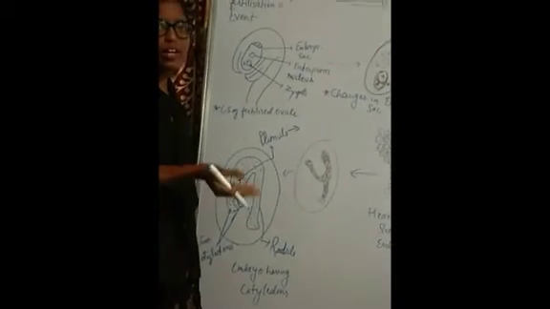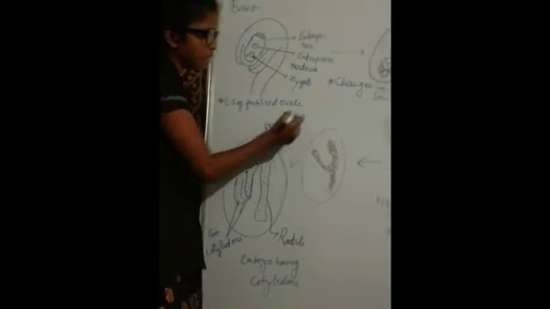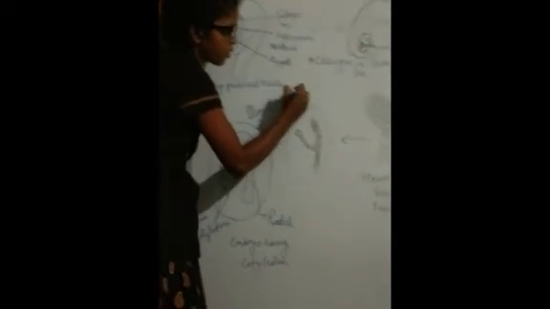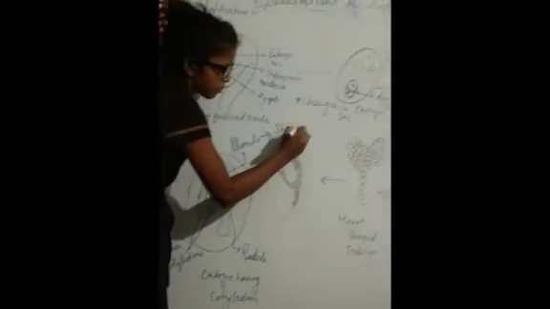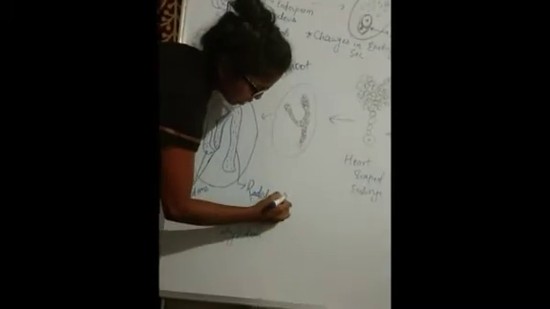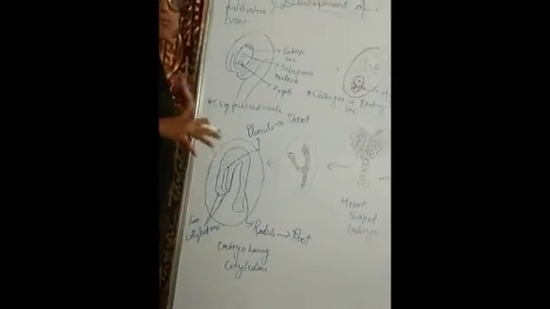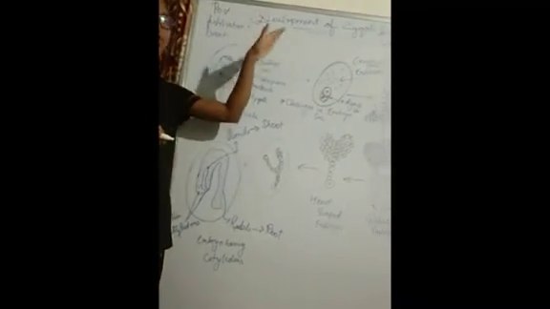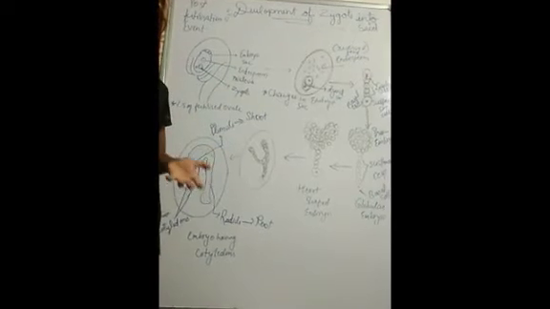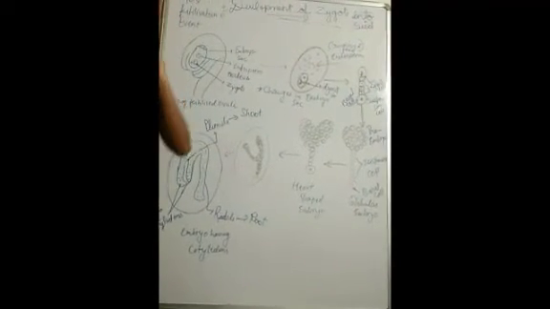If we sow the seed on the soil, then what will happen? This plumule will emerge out as the shoot part, whereas the radicle will give rise to the root part. In this way, a new plant can be obtained. Okay, students, I think the development of zygote into seed is clear to you. Okay, we'll see you in the next block.